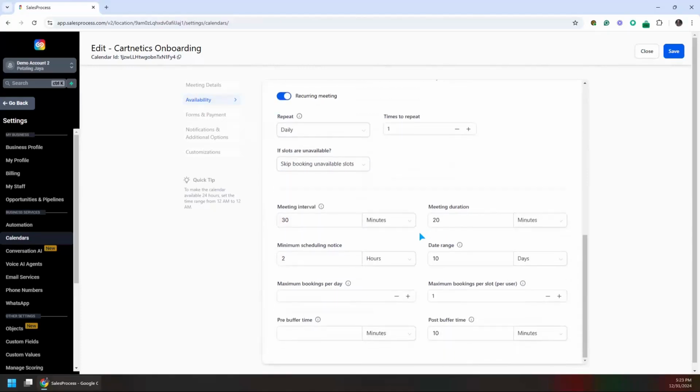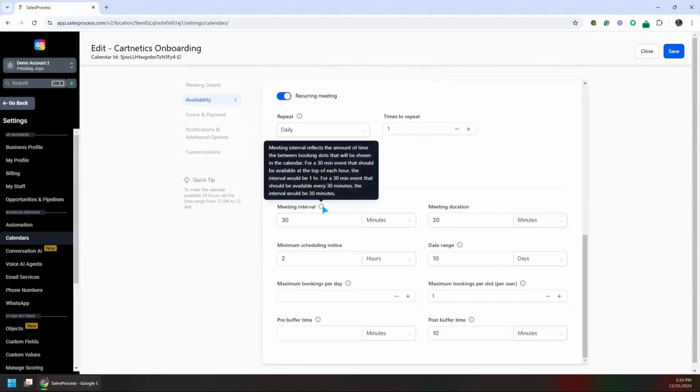Now, under that is the most important part of setting up any calendar. What is the timing, duration, buffer, post buffer, or pre-buffer time for any appointment? So the very first question is interval. Whenever you want to see this, you have the information box in here, which is giving us the description. Meeting interval reflects the amount of time between booking slots, and that will be shown in the calendar. So in the calendar widget, if you set it to like 30 minutes, like just now in here,